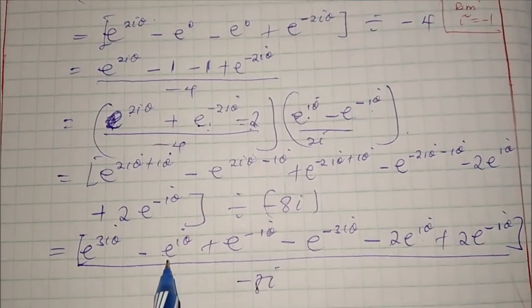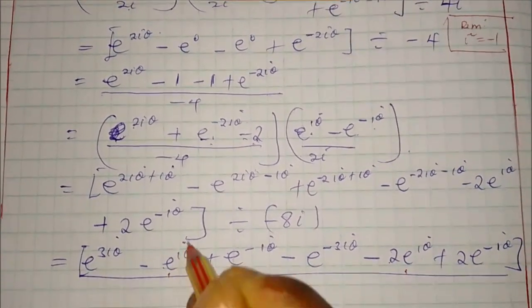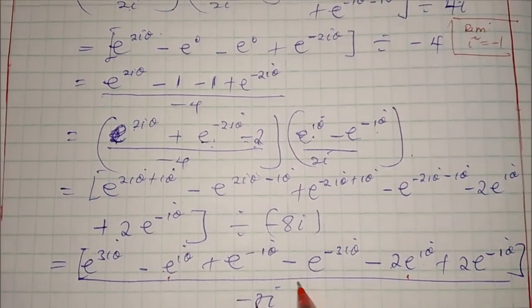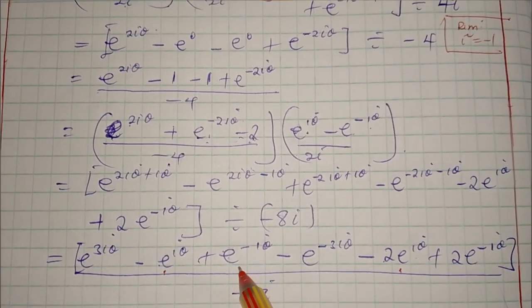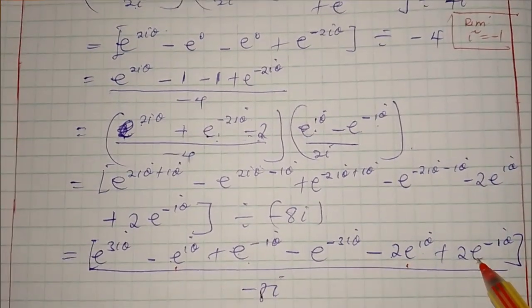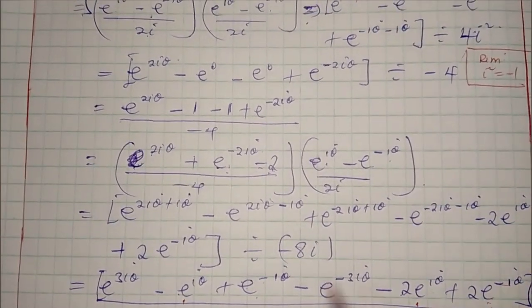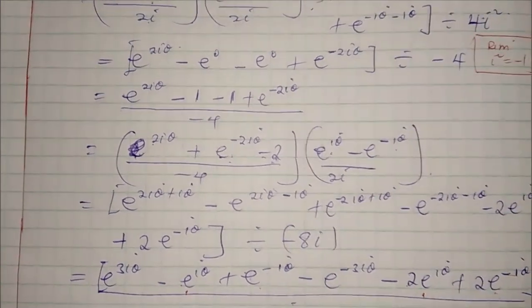Like terms, you can see this one, this, and this are like terms, the same powers. Then this and this are like terms. Are you there? They are like terms, the same negative iθ, the same powers. So we have